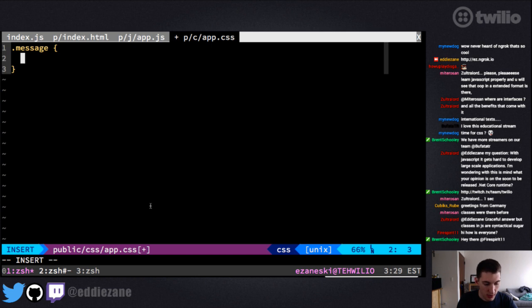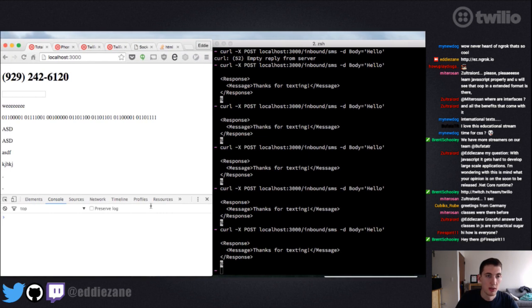So let's just say that this should be, what should a message be? Let's say text size. Is that a thing? Let's do 24 pixels, just to see if it works. So if I pop over,